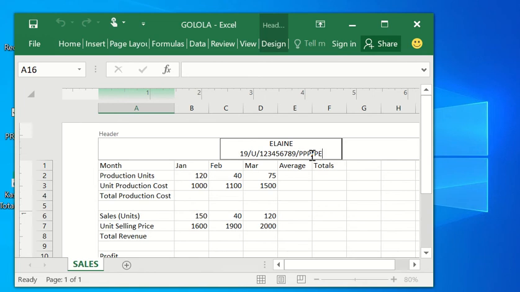Okay, I've gone ahead and put in a number, and we are also supposed to put page numbers in the